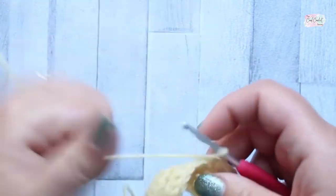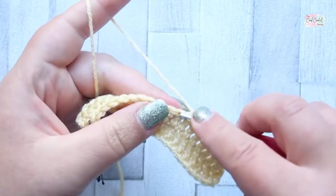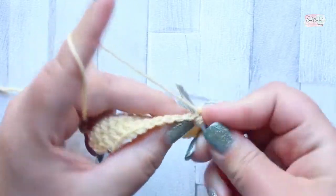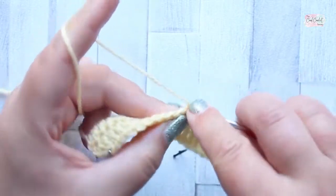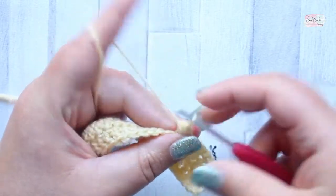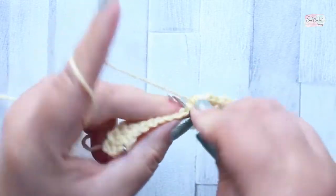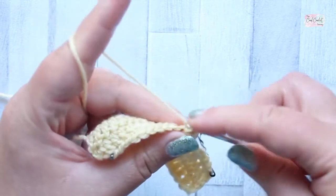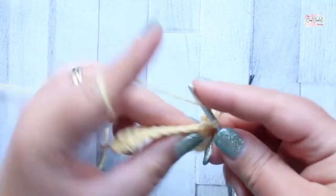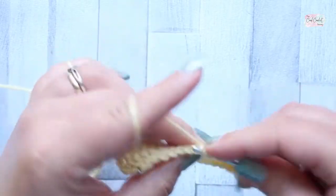Okay, so that's the pattern for the rest of our row. We're going to make a bobble, then single crochet. Okay, so your bobbles, you just pull up a loop 3 times, so you have 6 loops on your hook, and pull through, and next stitch make a bobble. Let's do that all the way across until we have,